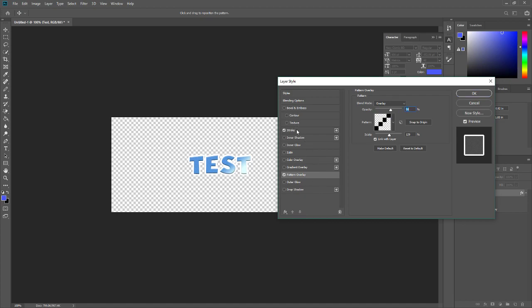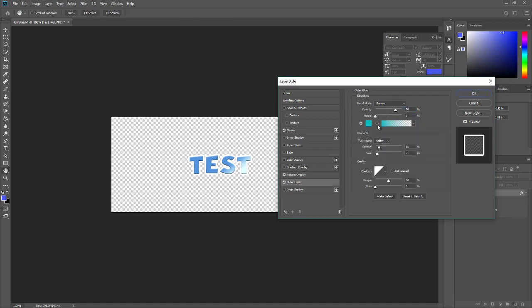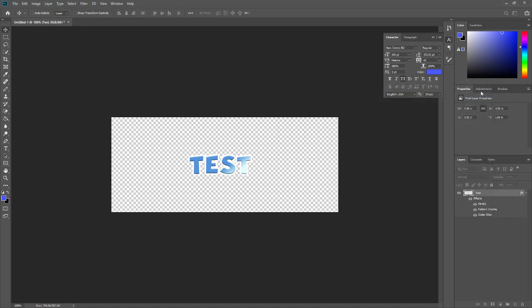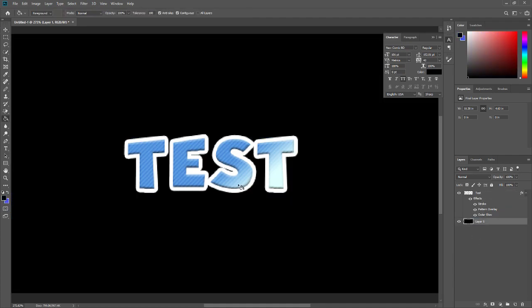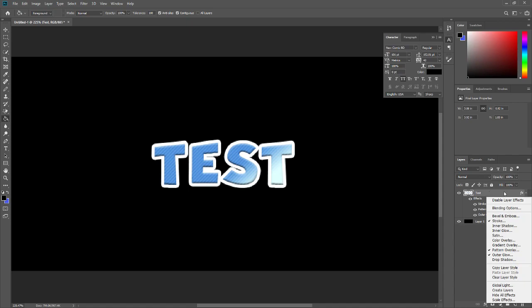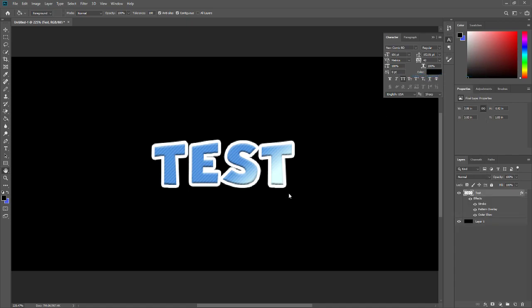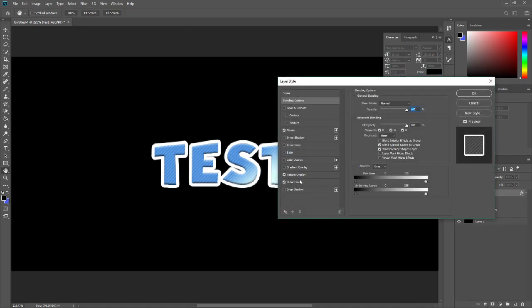Now you can play around with the stroke. You can play around with the gradient more. You can do an outer glow. And you get some really cool effects with these, and I'll show you some of the effects that I've done with them. Let me just pop that down and put a black background so you can see what I'm doing here. Actually, color over outer glow isn't going to work since it's going to be hidden behind the stroke right now, but